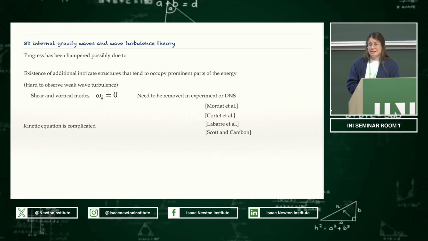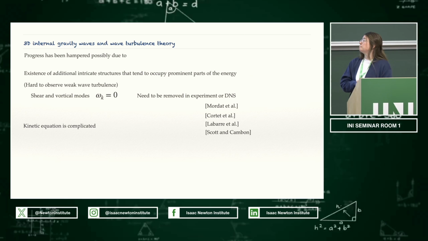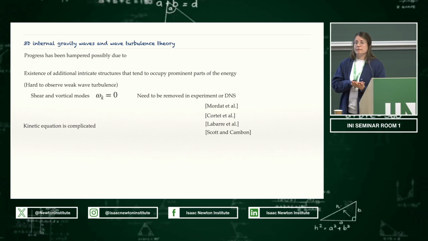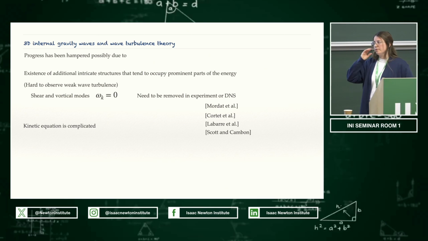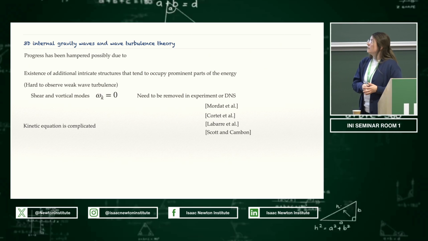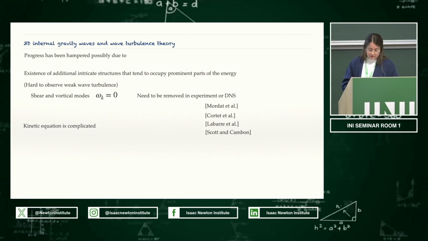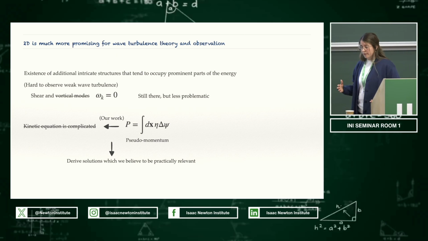So first, experimentally, it's very hard to observe wave turbulence in stratified fluids in the lab, because there are additional structures that tend to occupy a prominent part of the energy. One of them is called shear and vertical modes. The vertical modes and the shear modes are similar to the geostrophic mode, for example, for rotating turbulence, and they all correspond to modes with 0 frequency. So in order to observe wave turbulence in stratified fluid in an experiment, you need to remove shear modes. And the other reason might be theoretical, and it's that the kinetic equation in 3 dimensions is very complicated,